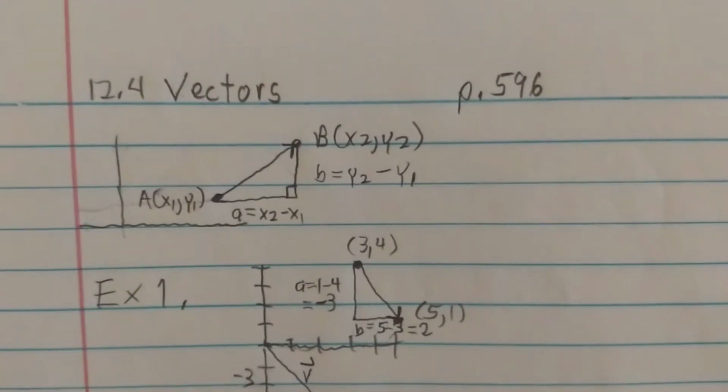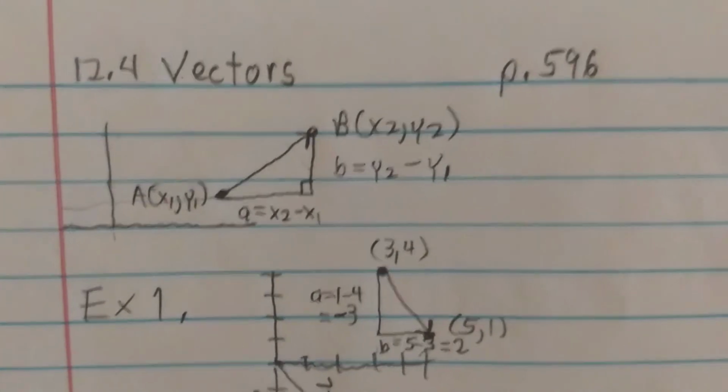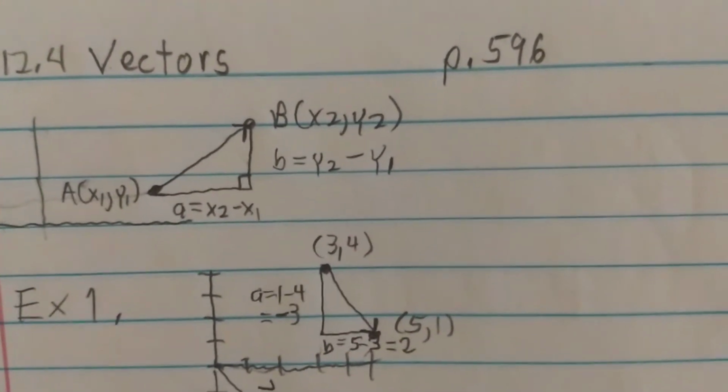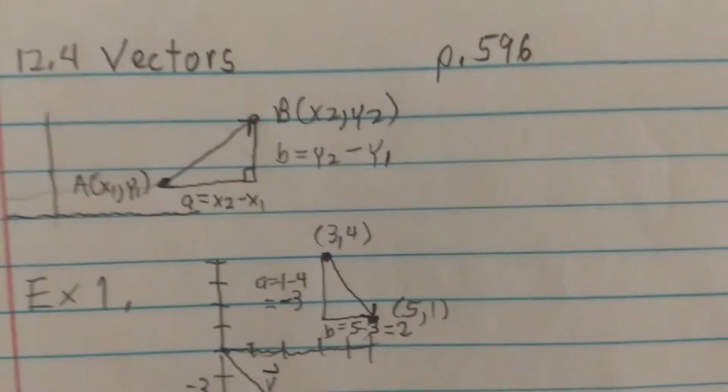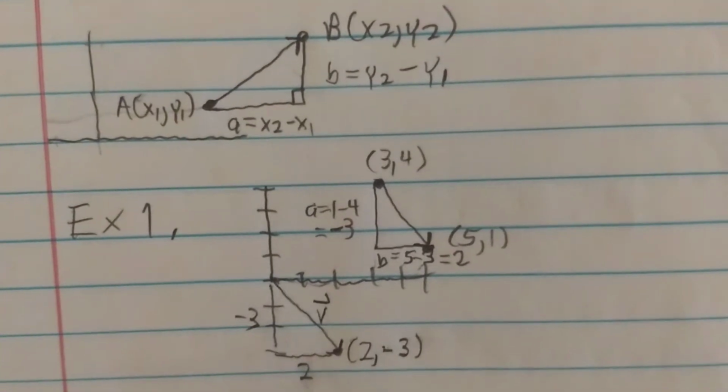So our last class for this week, on Friday, April the 17th, is from 12.4 on vectors, and that starts in your book on page 596. Now what you're going to see with vectors is